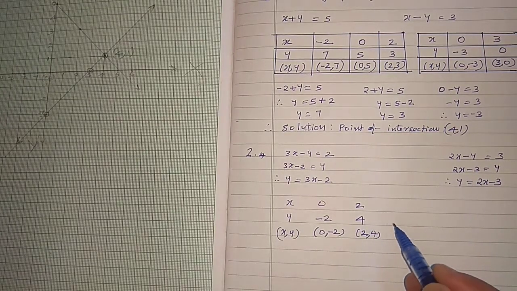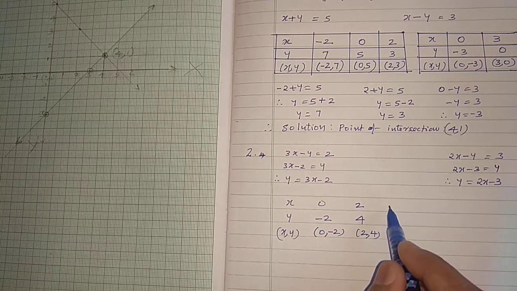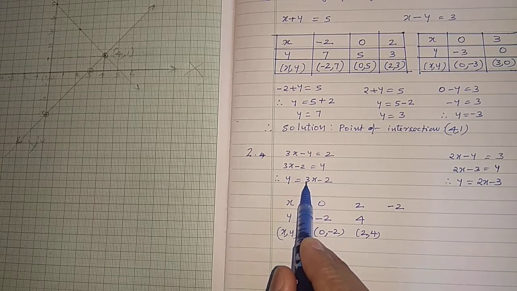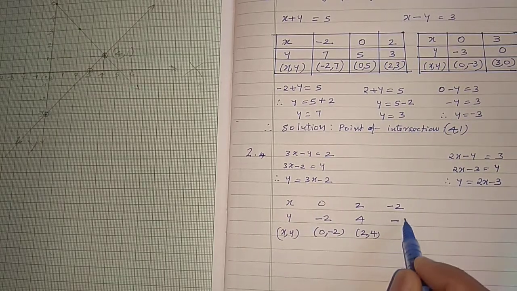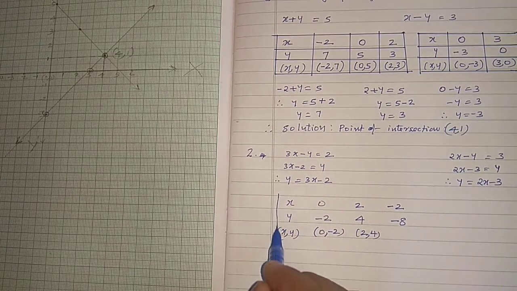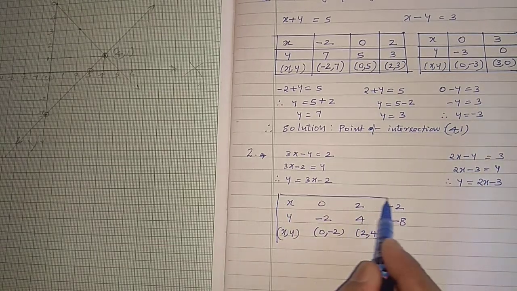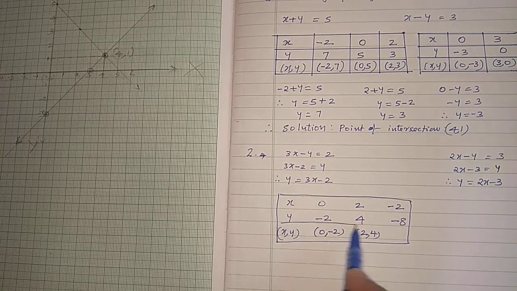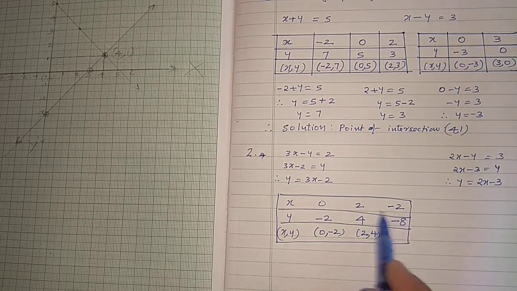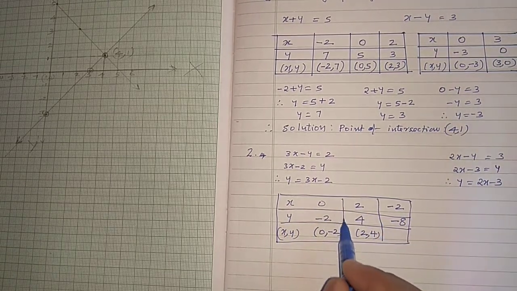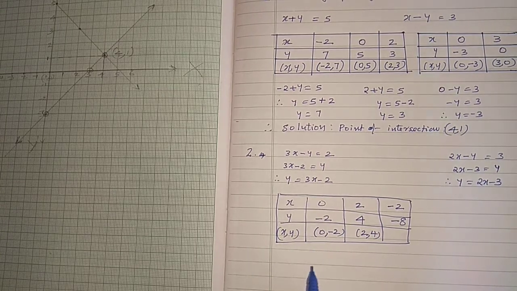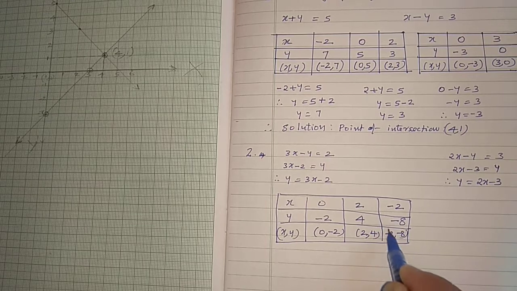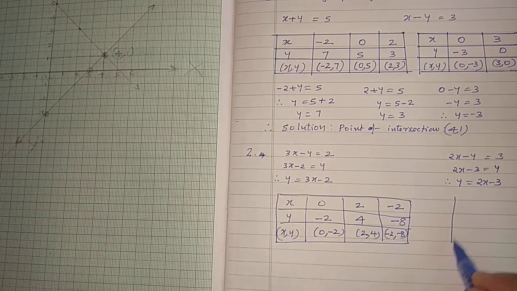If needed, we can go for a third one also. X is equal to minus 2. Minus 2 3s are minus 6. Minus 2 more, minus 8. So here we can make like this 3 points. We are doing a bit faster now, okay? Minus 2 comma minus 8, the third point. Here also we take 3 points.